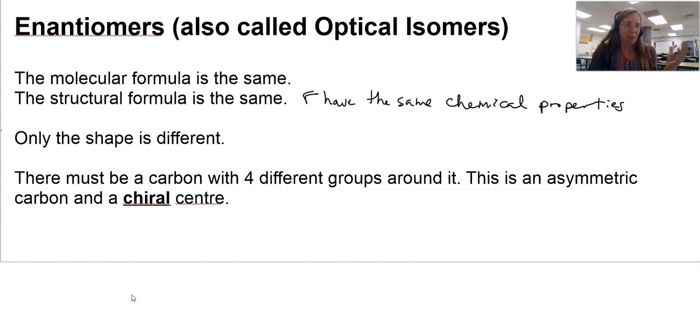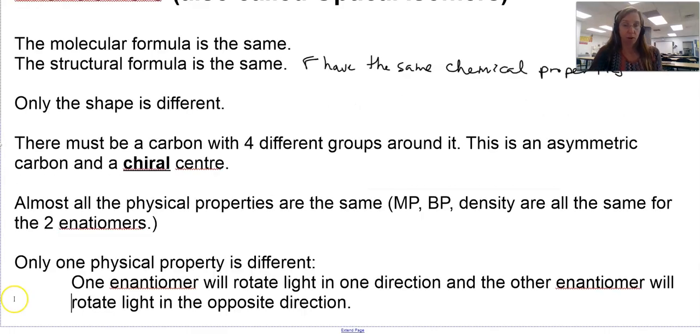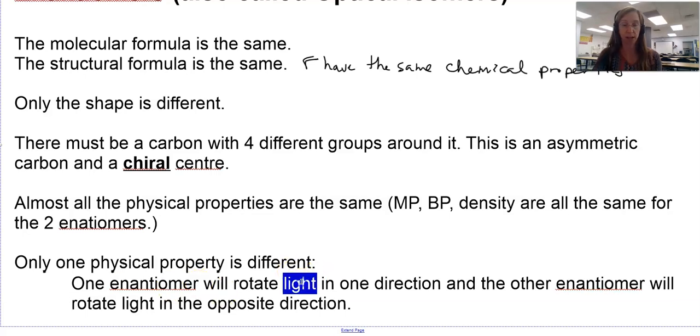So why does this matter? Why are we worried about this? Well, it's even more the same than cis-trans. The physical properties are the same. Okay, so the melting point's the same, the boiling point's the same, the density's the same for these 2 enantiomers. There's only one physical property that is different, and it's related to light. It's how they